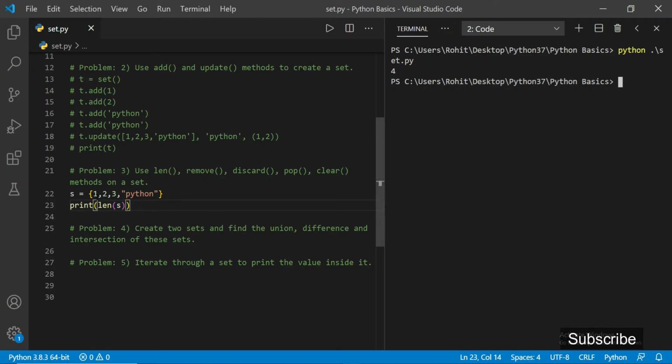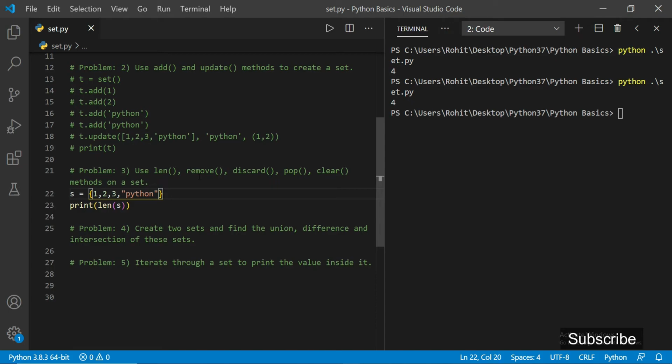As you can see, we have got 4 elements here, and therefore we have got 4 as a result. If I have one more element which is the duplicate of elements that are stored in S, then what will be the value of len S? Let us see. So now we have got duplicate values here, therefore we have got 4 as a result, because set only stores unique elements in it.